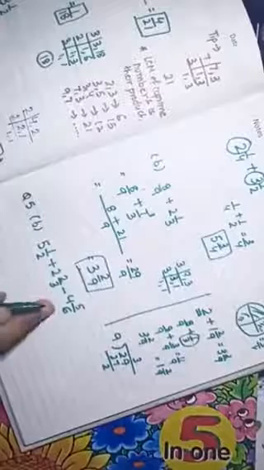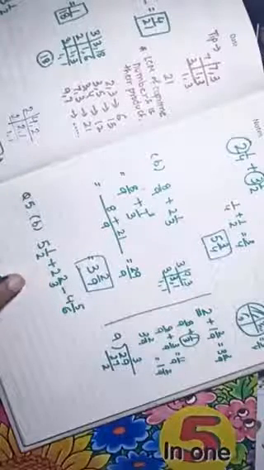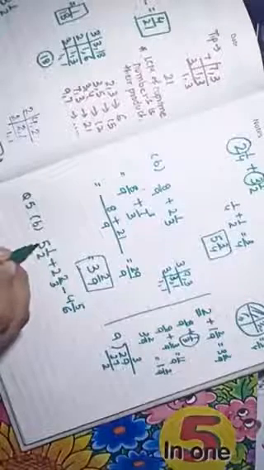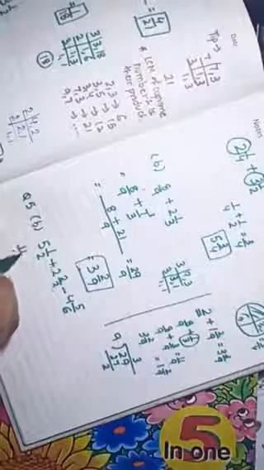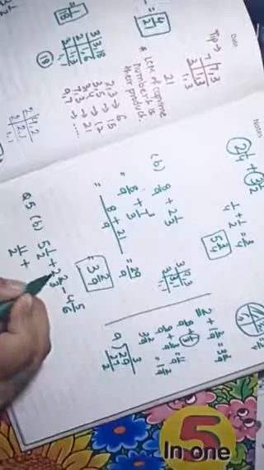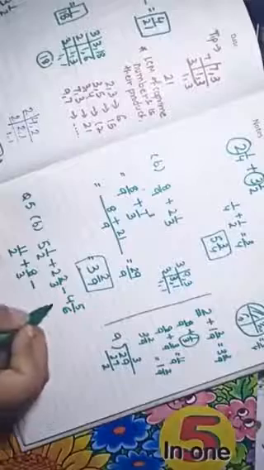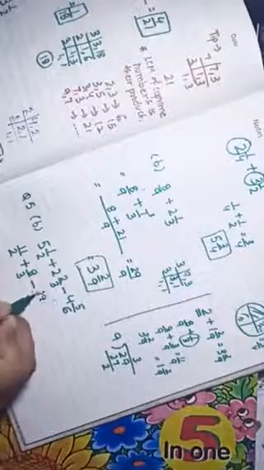So first step is we will convert it to the improper fraction. So we have 2 5s are 10, and then we'll add 10 plus 1, 11. 11 by 2 plus 3 2s are 6, 6 and 2 is 8. 8 upon 3 minus 6 4s are 24, 24 plus 5, 29 by 6.